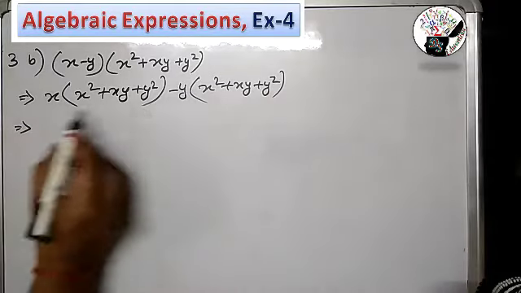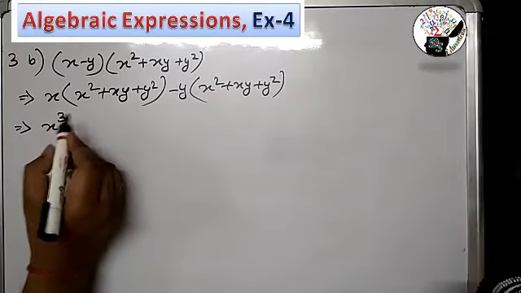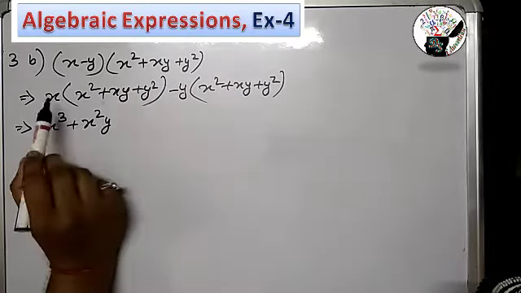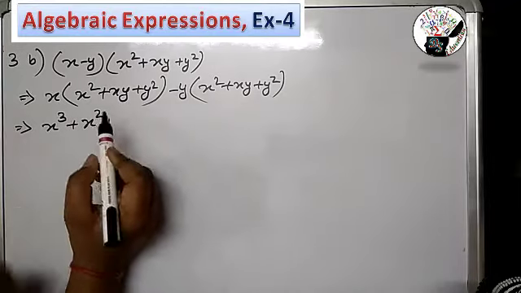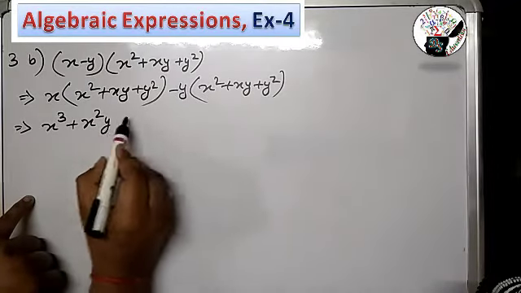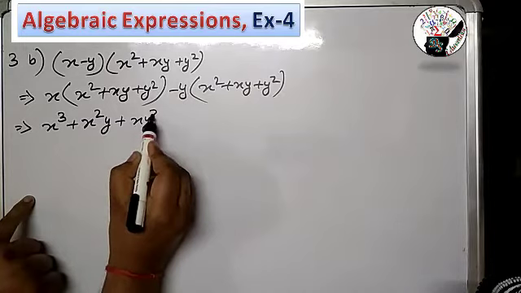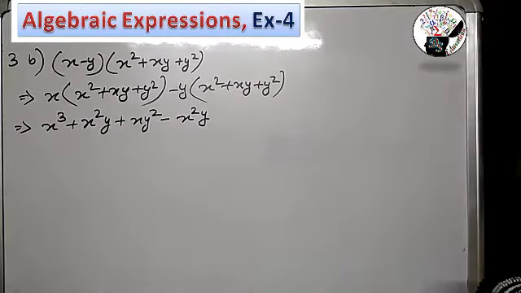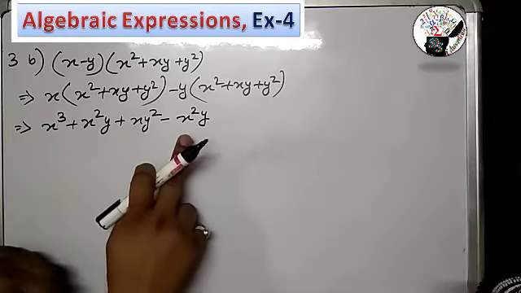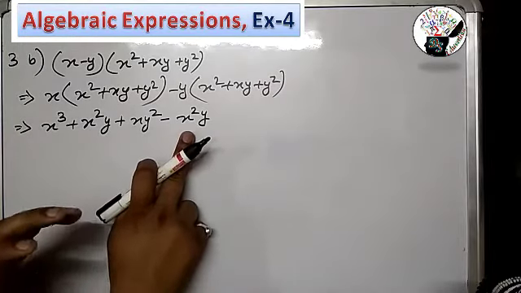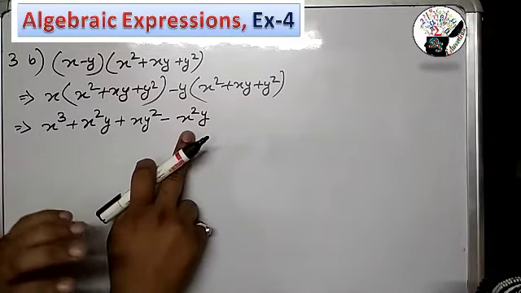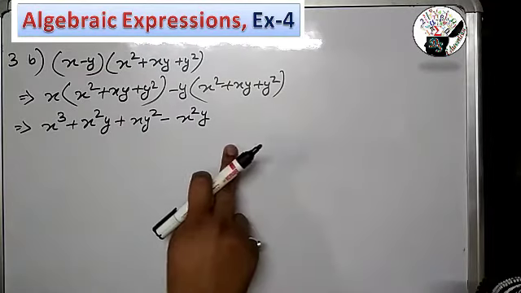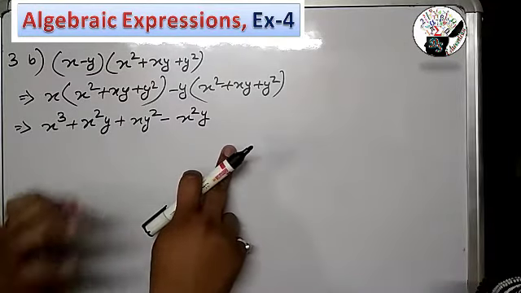Again x has to be multiplied inside it, that is x to the power 3 plus x square y. We always have to remember, while solving the question, x and x, that is x square y plus x y square minus x square y. One thing more, children, always remember, when you are writing two variables, they should be arranged in alphabetical order. That is, I will always write x before y. In each term I will do the same thing. I will never make a silly mistake.